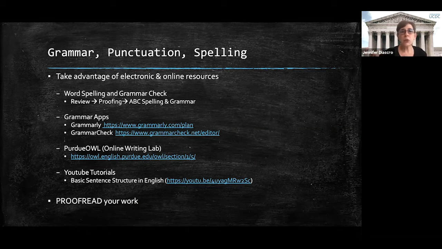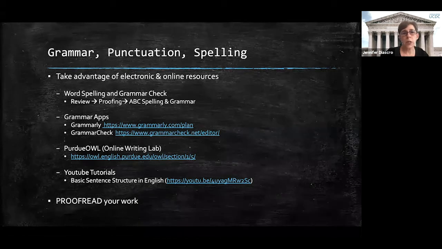And if you don't know the answer to why it doesn't sound right, at least it's a trigger to you that you might need some help trying to figure out how to say it better than you are. Okay, so proofreading in a variety of different ways can really, really be helpful.